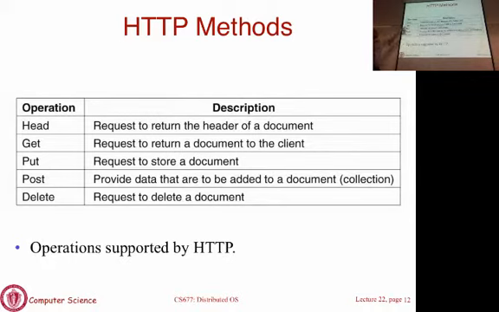Get is the most common type of request. You say get and say index.html or foo.jpg. That just says get me this piece of content, the request is processed and content is retrieved. Put allows you to send some data. Whenever you fill a web form and hit submit, you essentially do a put request that sends some content back. That's not requesting something, you're sending data back to the server.